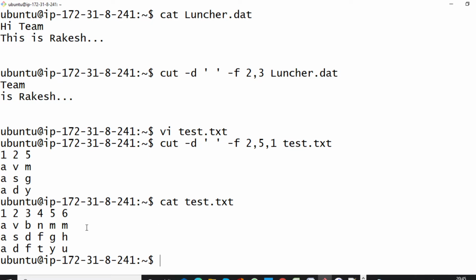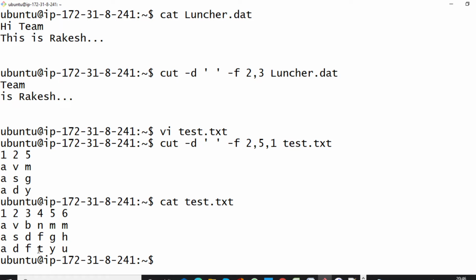So like that, suppose some lines are there and you want to print some particular column, to write a script or to get the output or input. Sometimes you'll have to get the output of one file, and that output you will have to use in another file.